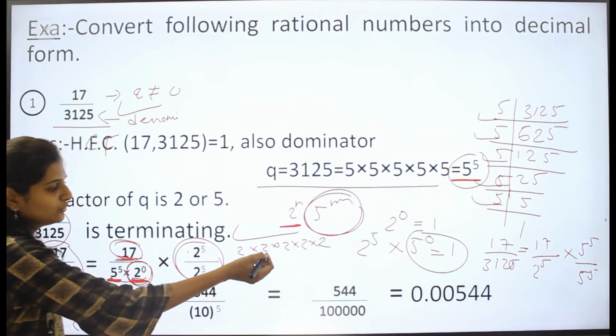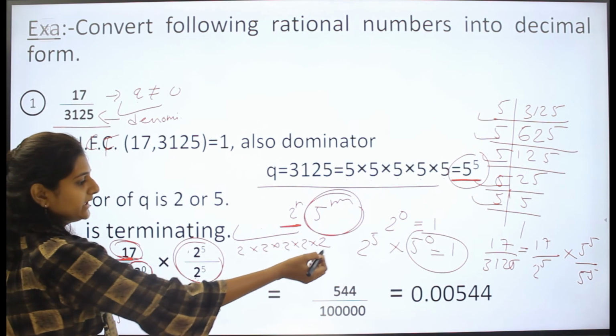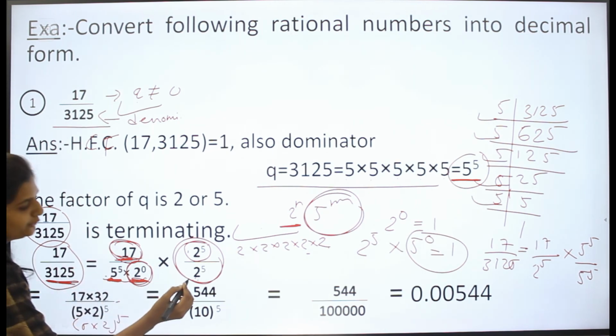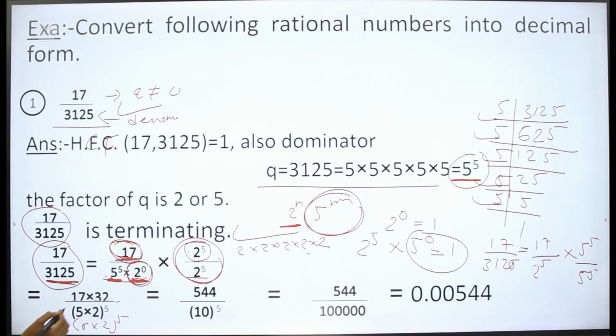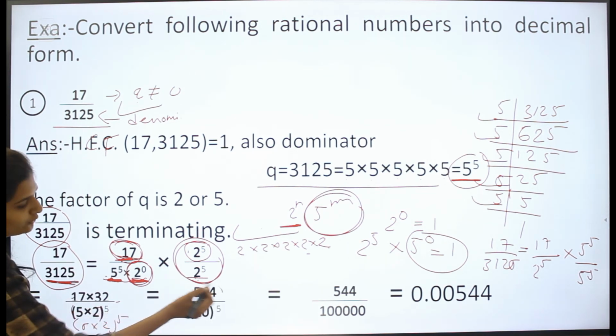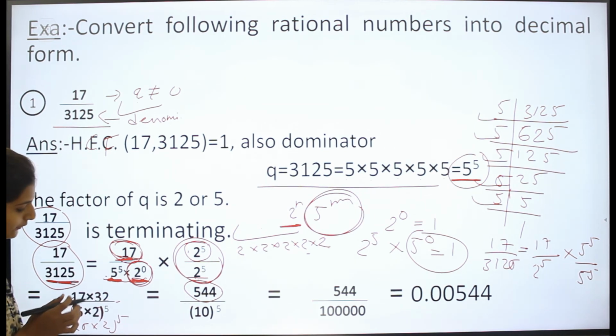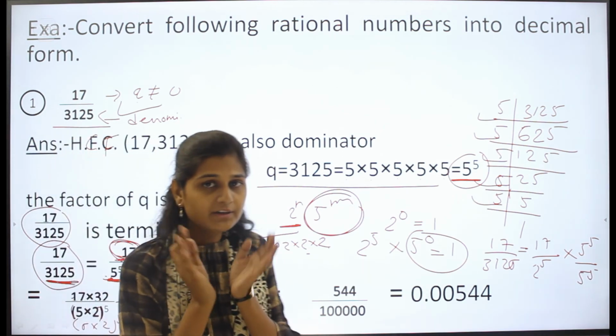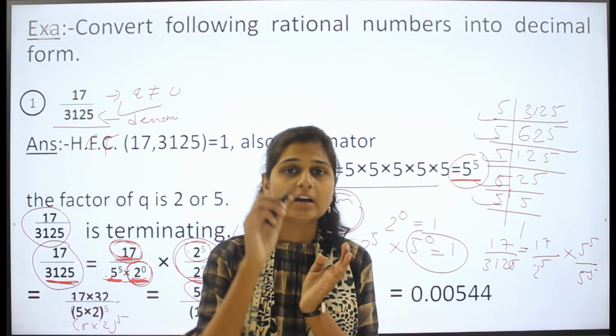So you will get 2 2s are 4, 4 2s are 8, 8 2s are 16 and 16 2s are 32. So here 17 as it is multiplied by 2 raised to 5 will be 32, and here 5 and 2 both have power 5, so you can write it as common, 5 multiplied by 2, raised to 5. So here 17 multiplied by 32 will be 544, and 5 2s are 10. The thing is that in your denominator the value should come as 10.